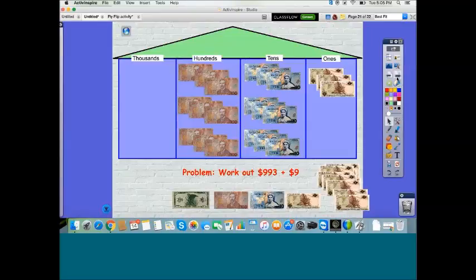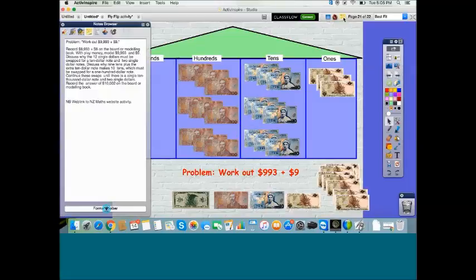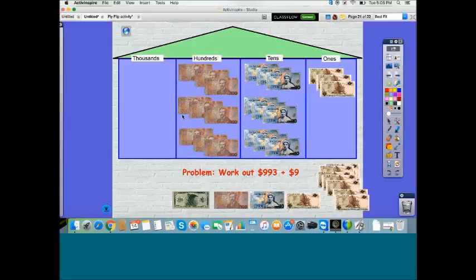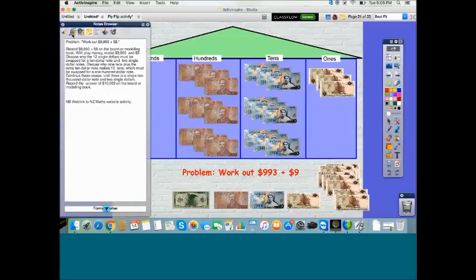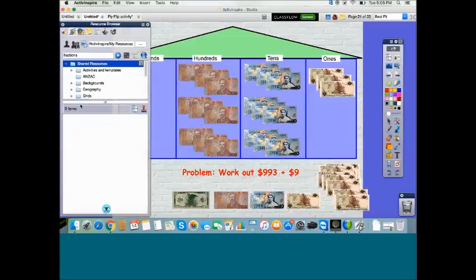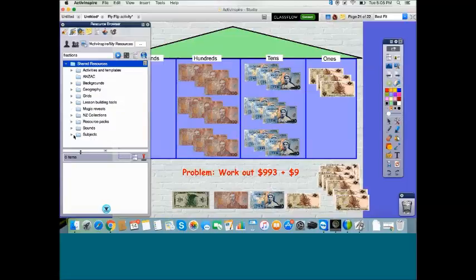Now, in the flip chart that you'll download from Planet, if you want to download it, there's a couple of extra activities, as you can see here, that I'm just not going to get time to go through today, I'm sorry. There's notes in the browser there, but the whole reason I wanted to do examples about money was that I wanted to point out to you that as part of your resources in your resource library,